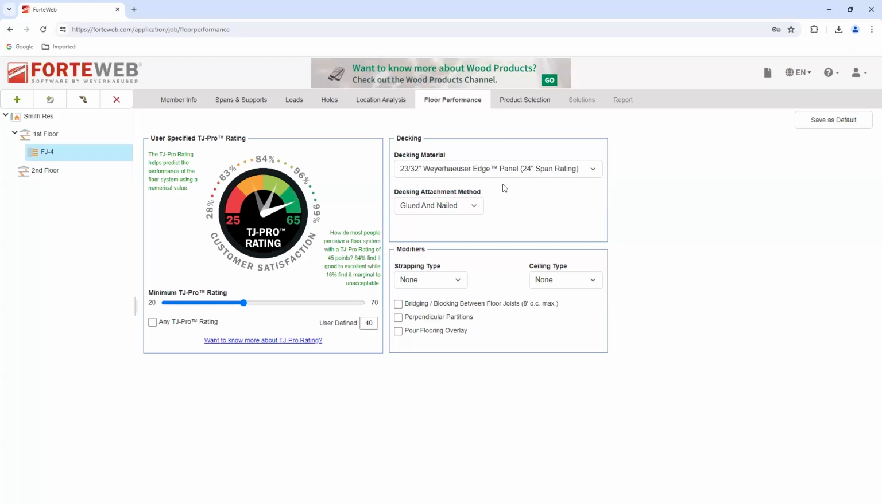Decking material, what is your decking? How is it going to be attached? Then we have modifiers, and these only help with the floor performance. So if this was a basement and we had a direct applied ceiling below it, is it a suspended ceiling? Is it 1/2 inch? Is it 5/8? You can add these, and that will